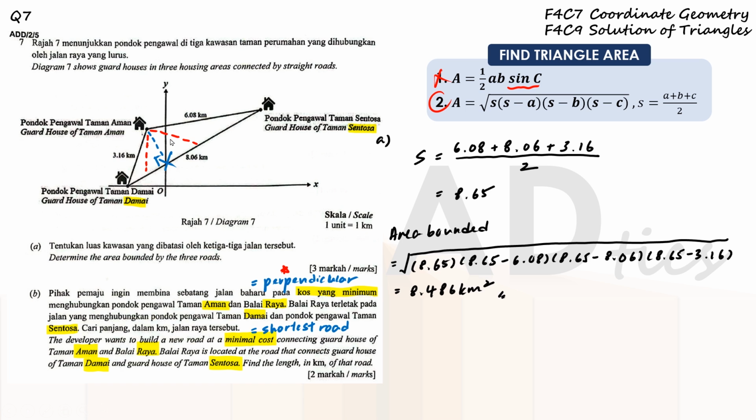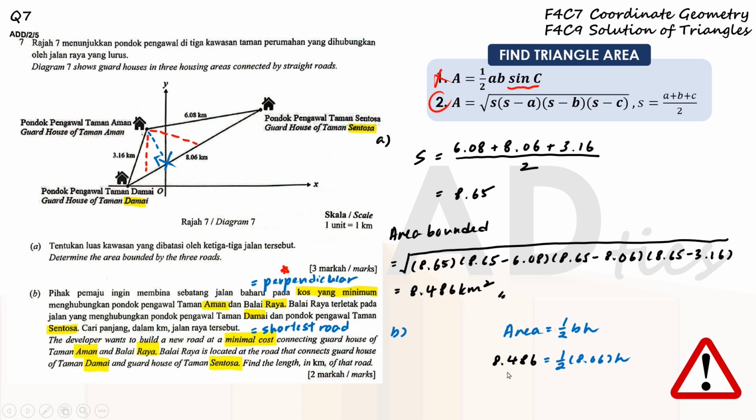Now how do we find the length? Actually we can use the result that we got from part A, because we know the triangle's area already, and we also know the base, which is 8.06 km. So we can use this formula: area of triangle equals 1/2 times base times height. For all the information, let us put inside here so we can find the height, which is 2.106 km,